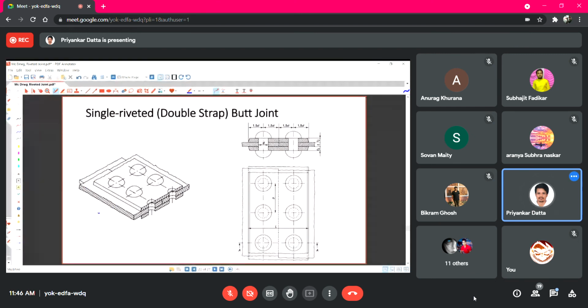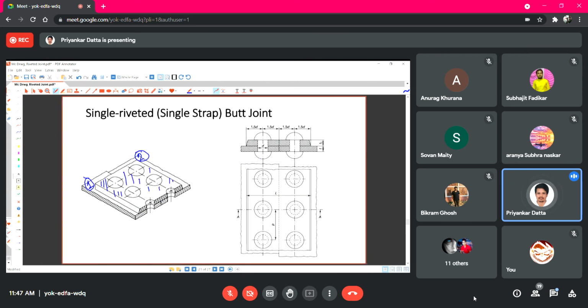So this left plate is primary plate 1 to be joined with primary plate 2, and they are butted here. That means they are moved towards each other and they touch with each other at their thickness cross section, and above that one plate, strap plate 1 is placed, and below, strap plate 2 is placed, and through all of them the holes are created, and through these holes these rivets are passed and joined to create the final riveted joint.